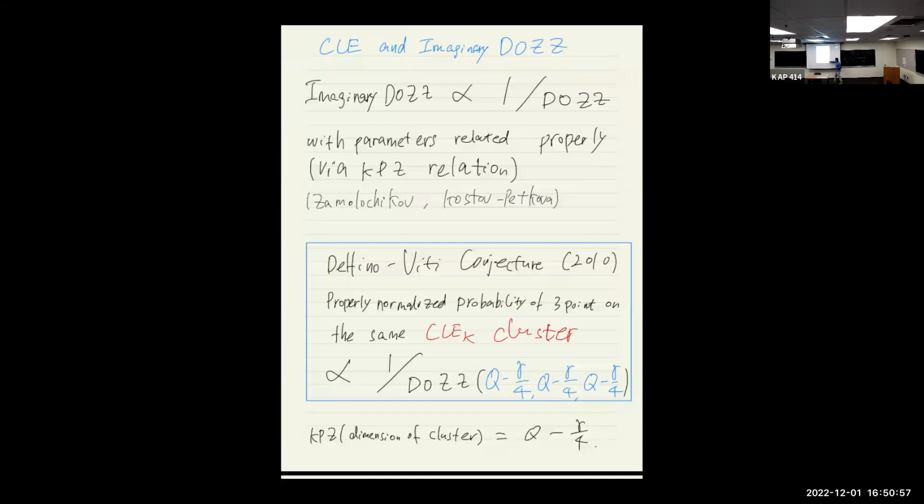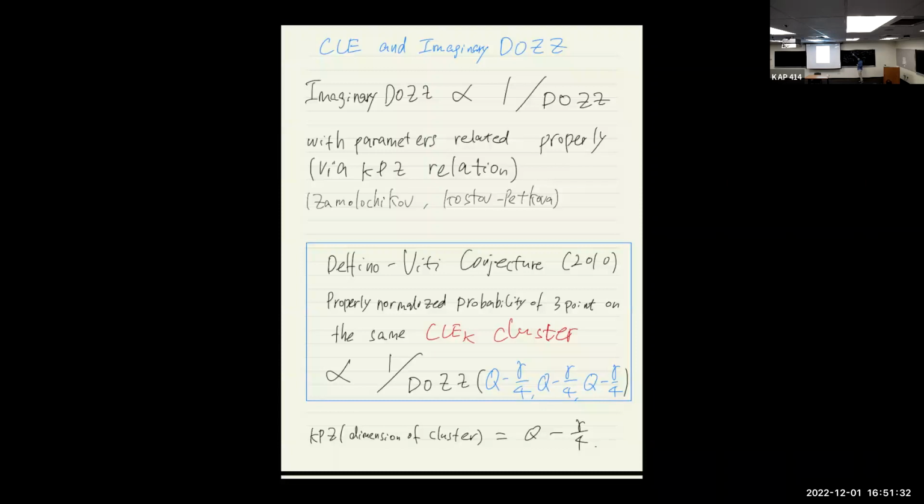And the reason you put this parameter here is that there is a relation called the KPZ relation, which is a relation about the dimension of certain fractals in Euclidean geometry and quantum geometry, and this particular number is the output of this formula. So this is a conjecture by Duplantier and Benoist. This conjecture is very nice because it computes something about percolation, but one drawback of this conjecture is that